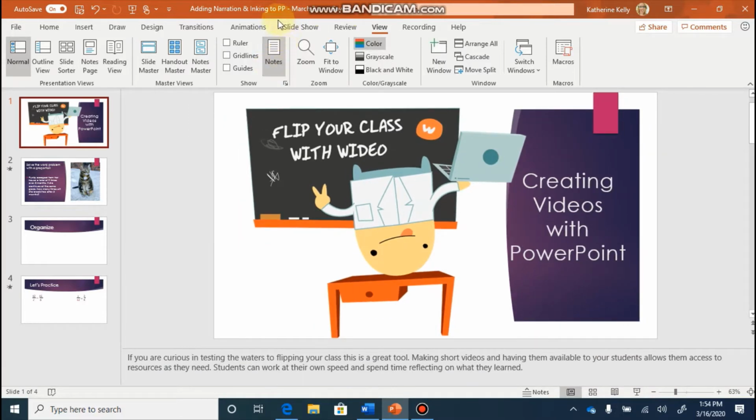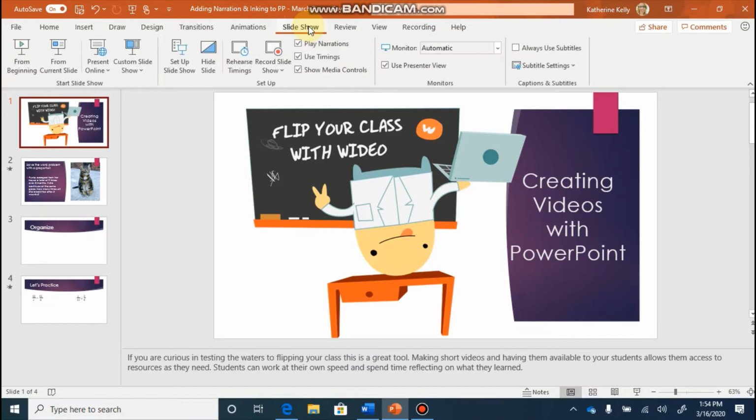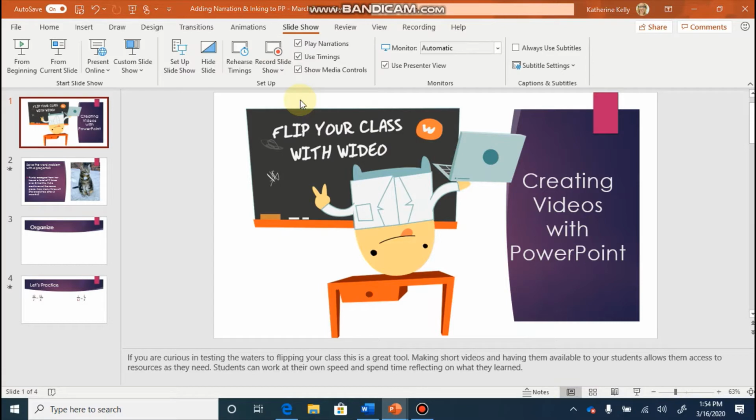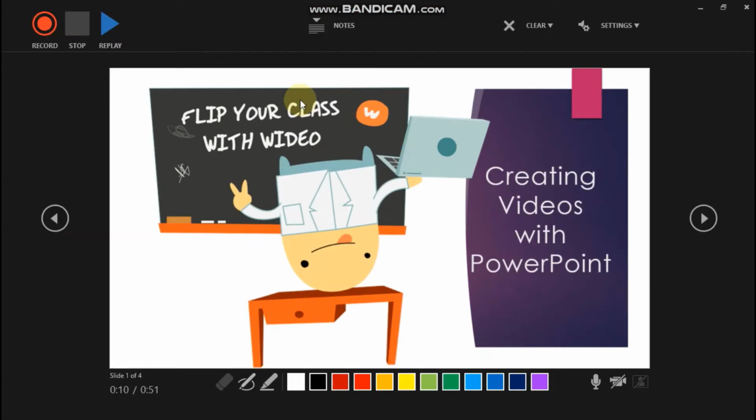So when you're ready to begin recording your slideshow, you're going to click on Slideshow from the top menu, and then you're going to look for the icon that says Record Slideshow. I'm going to click on Record from the beginning because I haven't done anything to this yet. Once I've clicked the button Record Slideshow, you will notice a new window comes up, and this is my recording